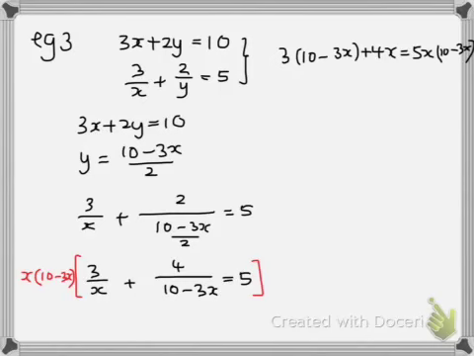Again, you're going to expand everything. So that is 30 minus 9x plus 4x equals 50x minus 15x squared. And